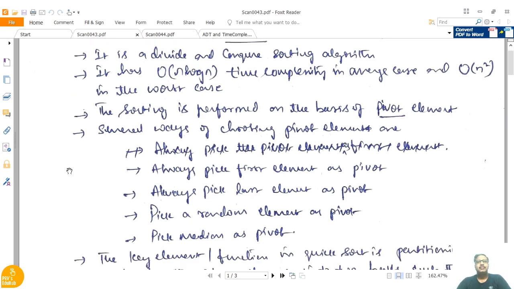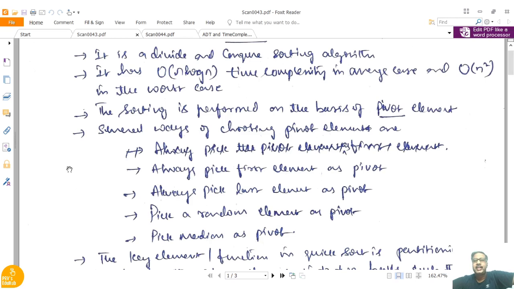In general, if I ask you to arrange a group of people in ascending order of their height, you will consider one person as the biggest person, and compare the remaining people with that person.